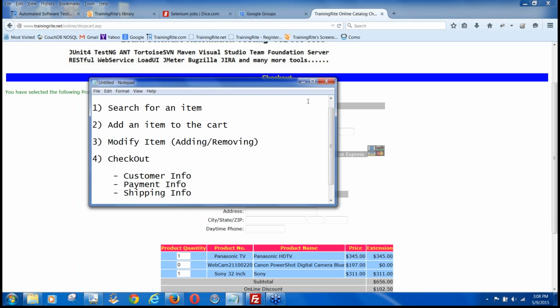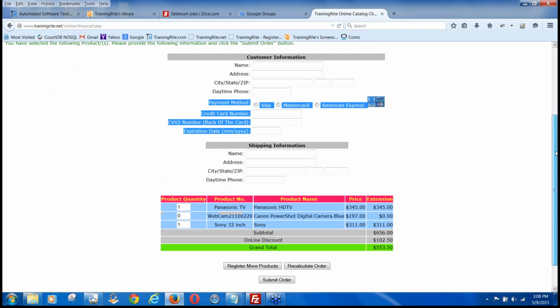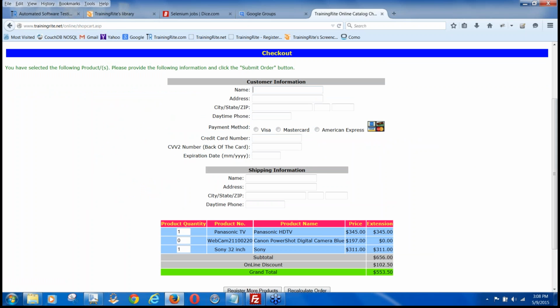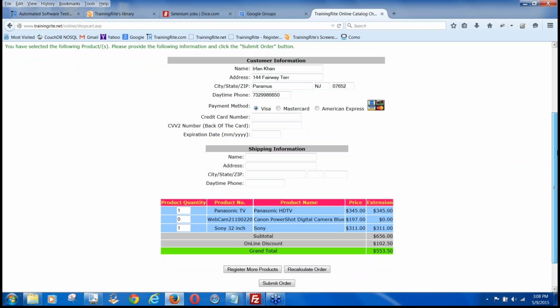I think I have fat fingers, so that's why my fingers are like all over. Okay, so let me just go in here and type some information here. So that's the name of the town, that's the city, that's the phone number, and let's say I'm paying by Visa. Okay, think about it. Paying by Visa. Now, I am not going to give away everything, but